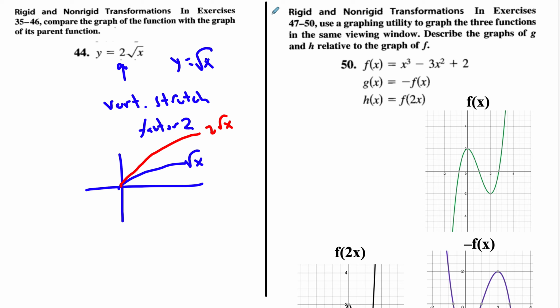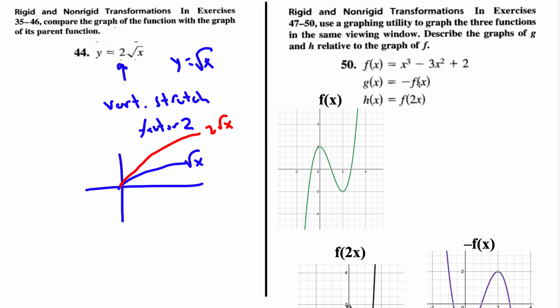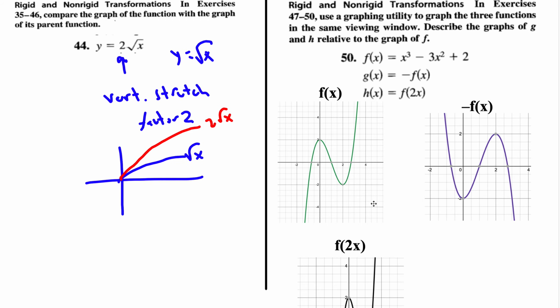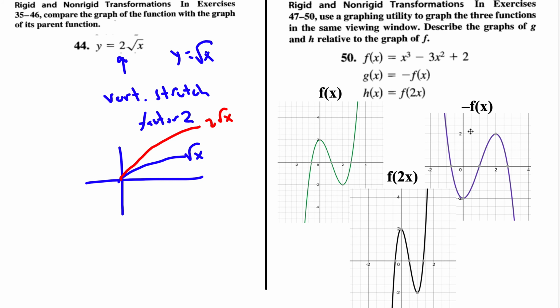Now, I've already gone ahead and done the legwork. Use the graphing utility to graph the three functions. So here they are. Here's f of x, and then g of x is opposite f of x, so this, and then f of 2x, which is this right here. So what we're doing is we're comparing these. What is opposite f of x? What has happened? That is a reflection over the x-axis. And if you compare these, green versus purple, it's been reflected. Now I did change the scale a little bit, but if you match the points, it is indeed just a